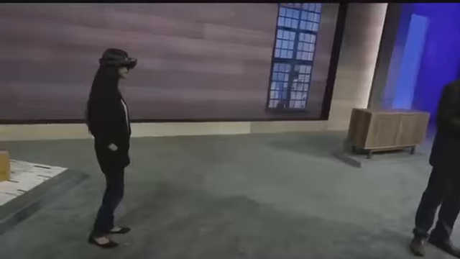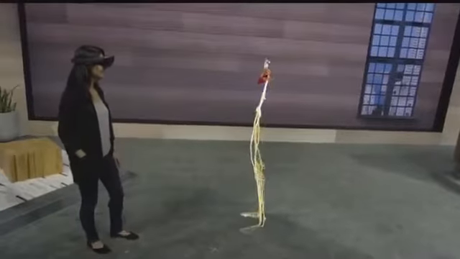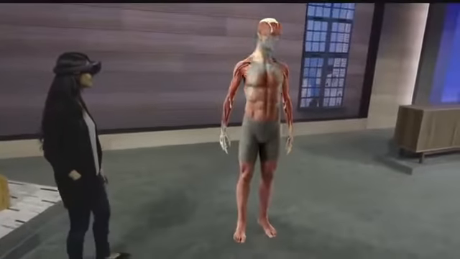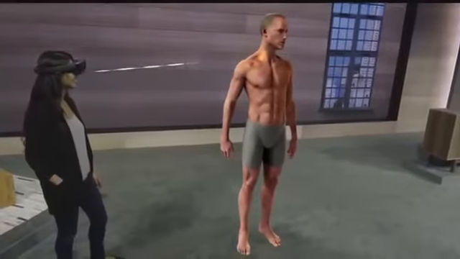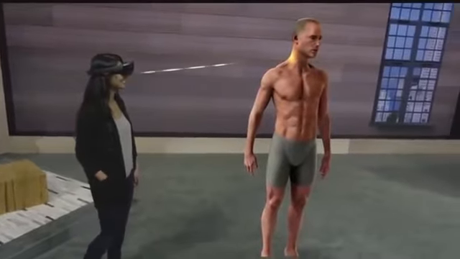Today we use a combination of cadavers and medical illustrations to teach students anatomy. This is a curriculum that hasn't drastically changed in over 100 years because there simply hasn't been another way. The mixed reality of the HoloLens has the potential to revolutionize this education by bringing 3D content into the real world.